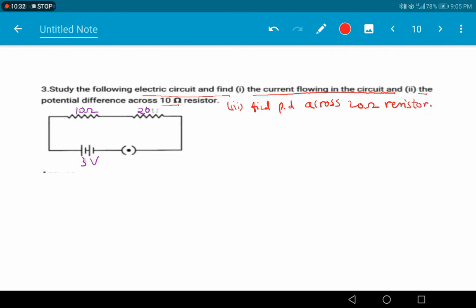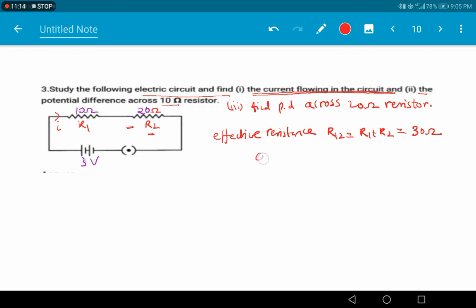So first, the current flowing in the circuit. Here two resistors are there. First we have to find out the effective resistance of the circuit. So this is R1 and R2. The effective resistance R12 we can get as R1 plus R2. R1 and R2 are in series combination, which we can identify easily because the current is coming from the cell and there is no deviation of the current in the circuit. That's why R1 and R2 will be in series combination. Therefore 30 ohm is the resistance.